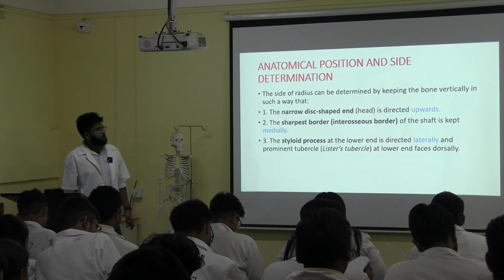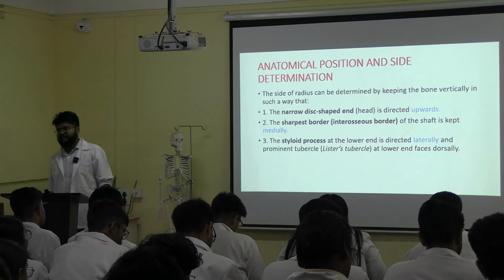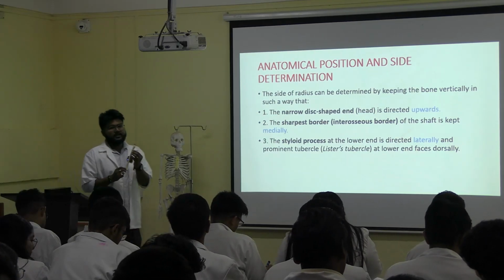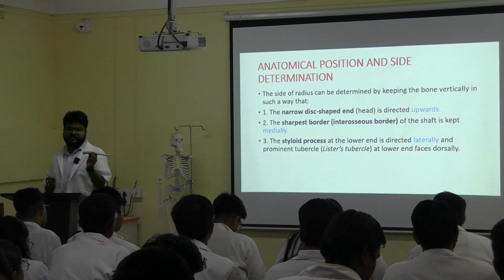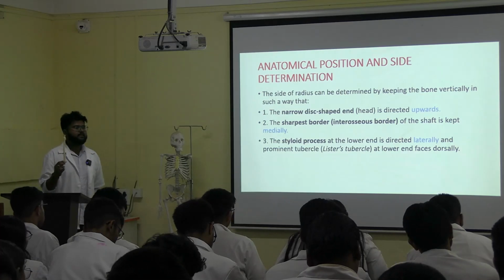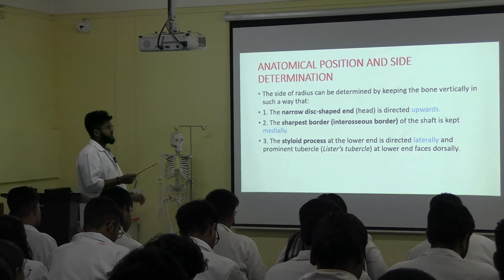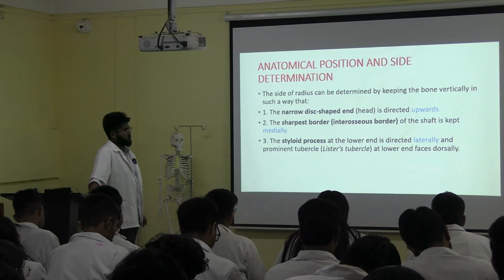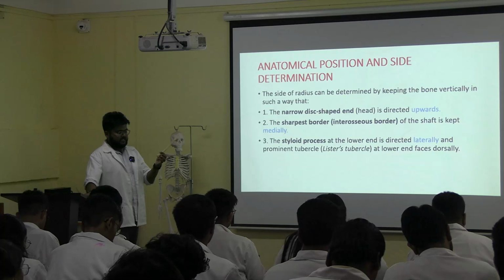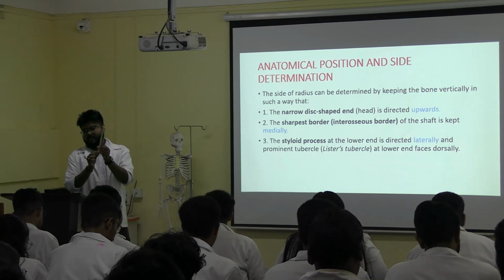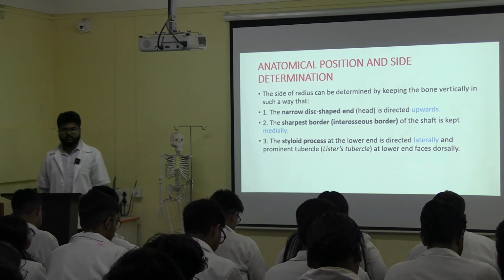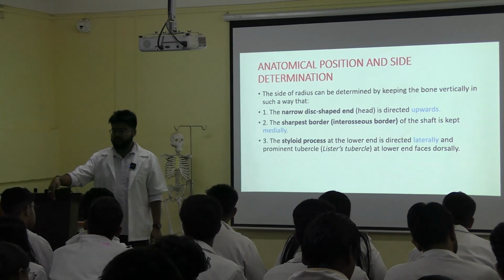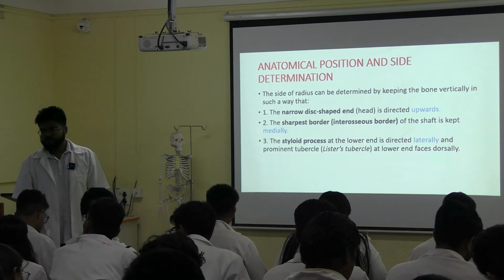Next is the sharpest border, the interosseous border, which is present medially. Another is the styloid process, which is present laterally. And the main thing, always remember, the dorsal tubercle, also called Lister's tubercle, is always present posteriorly. So there are mainly four points you have to remember. All the points are written here on the right side. Tell me the points. First is